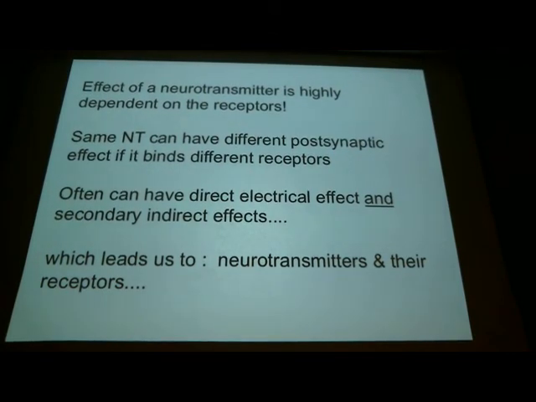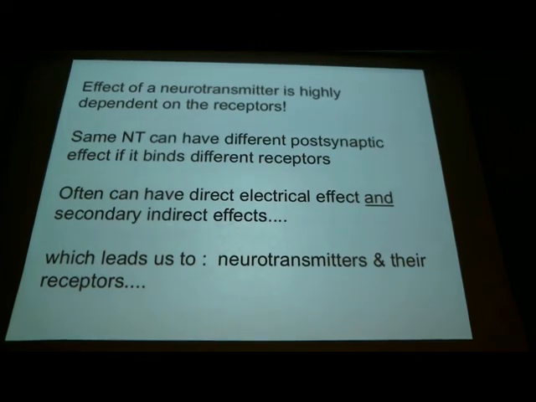The same neurotransmitter can have multiple target receptors, and those receptors could have different effects on the cell. We're going to talk about ionotropic receptors, and about secondary indirect effects, the non-ionotropic, metabotropic receptors, next time. So next time we're going to talk about neurotransmitters. Read over